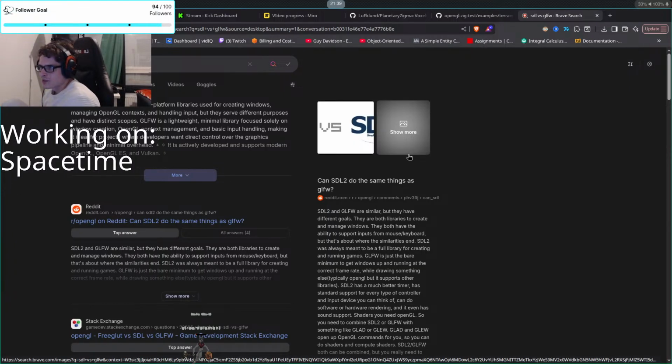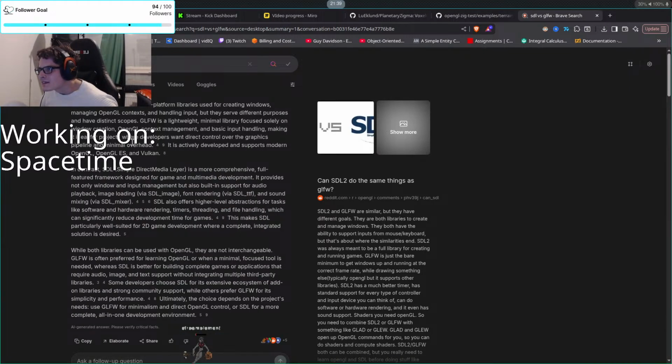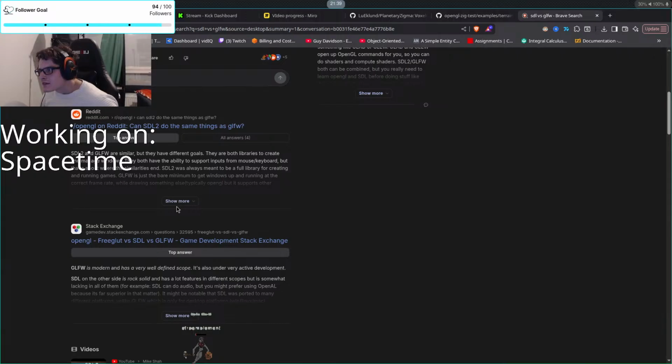SDL and GLFW are both cross-platform libraries. What's the purpose? They do the exact same thing, except SDL is more bloated and GLFW has worse mouse handling. Well, I guess we want the better mouse, because we're gonna be using that mouse quite a lot. I think it still works. The SDL one is also pretty shit because it's state driven, but yeah. GLFW has something, but I don't know how to use it, so it might actually be super good.